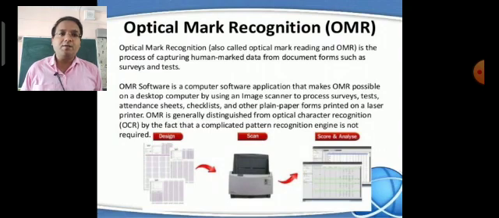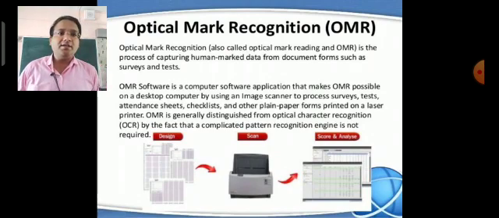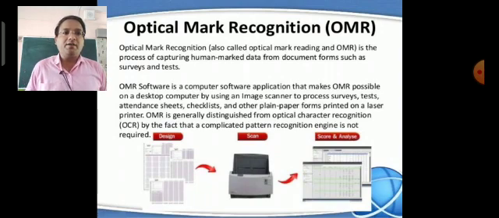OMR software is a computer software application that makes OMR possible on the desktop computer by using an image scanner to process surveys, tests, attendance sheets, checklists and other plain paper forms printed on a laser printer. OMR is generally distinguished from optical character recognition by the fact that a complicated pattern recognition engine is not required.